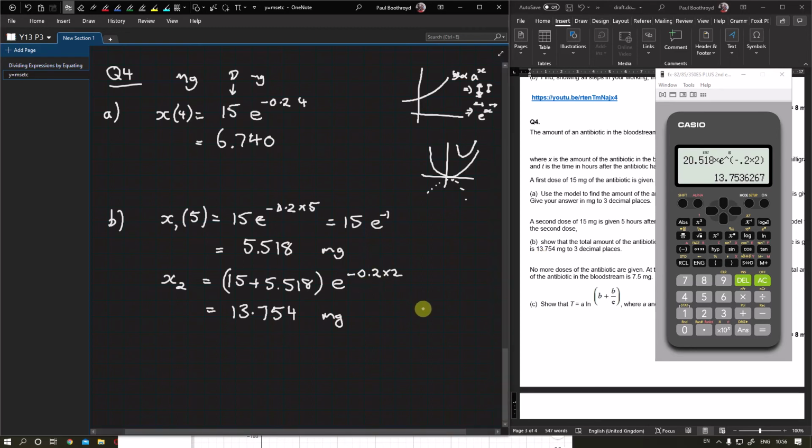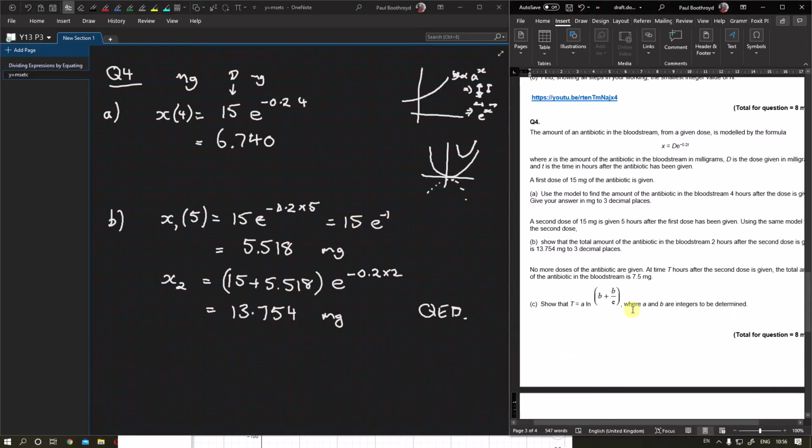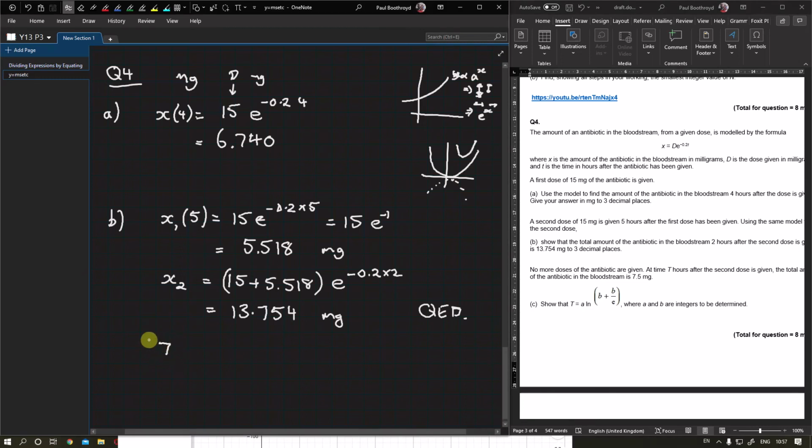So what we were asked to show, quote, demonstratum. The last part is the reason why I've been writing this in this weird way. Show that this can be represented in the form of time is equal to a log b plus e to the over e, and we want to know the amount of time for 7.5 milligrams. So we're using this equation, equation 2. So we want to know when 7.5